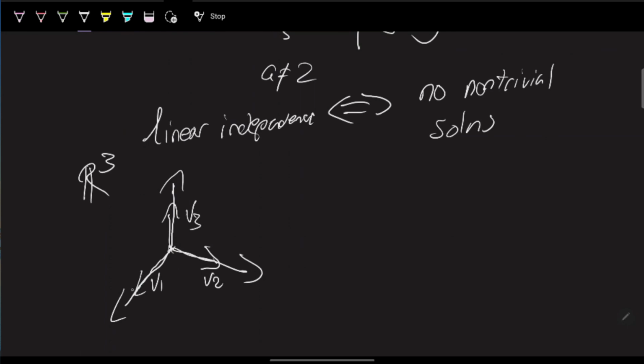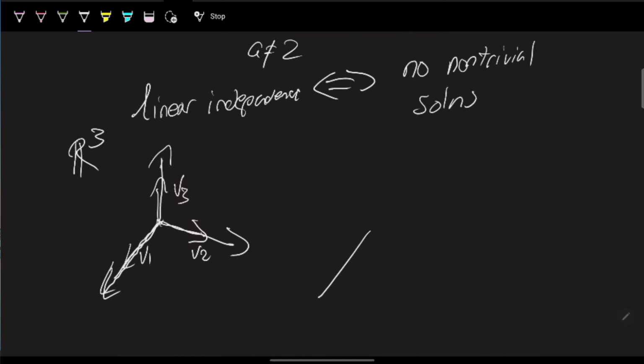Do you see that? Other than just making them all 0 to begin with. If I go out here, v2 and v3 aren't able to impact the value of the x-axis, right? If I write out in the x-axis with v1, v2 and v3 isn't going to be able to get that x component back to 0, right? That's sort of the idea of there's no non-trivial solution here. Now, this was a kind of easy to visualize one because v1, v2, and v3 happen to also be orthogonal. But you can still have linear independence without orthogonality,